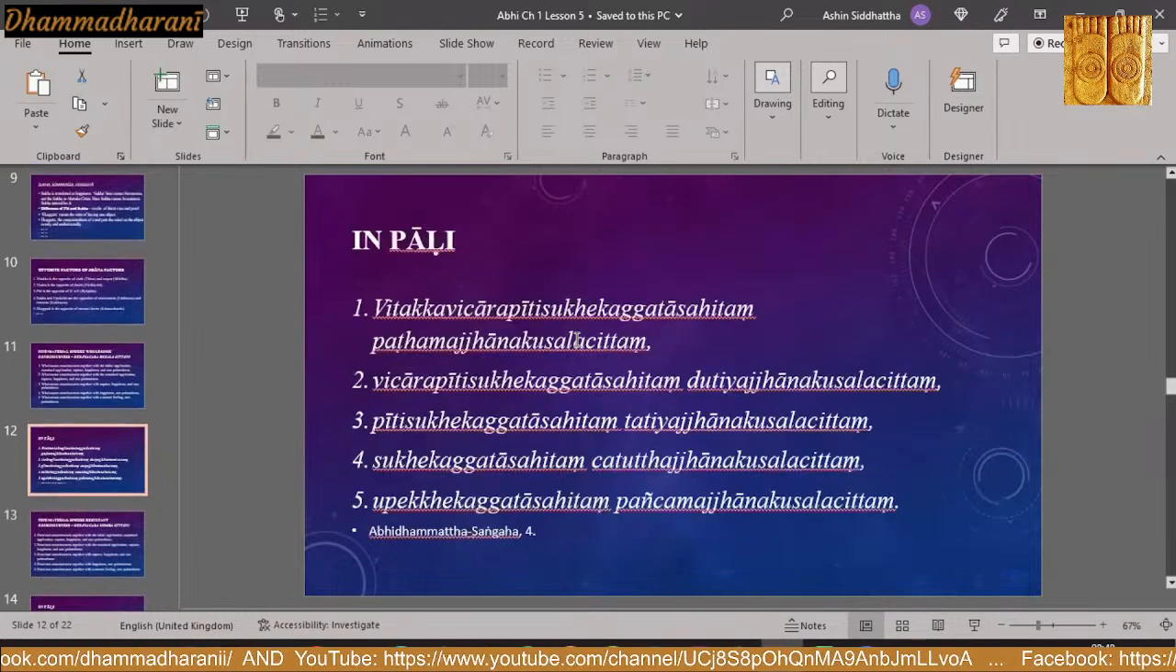Now just pay attention to the Pali terms, for those who are familiar with Pali. First one, Vitakka, Vicara, Piti, Sukha, Ekaggata Sahitam, Pathama Jhana Kusala Cittam. The second jhana citta, Vicara, Piti, Sukha, Ekaggata Sahitam, Dutiya Jhana Cittam. Third jhana citta,